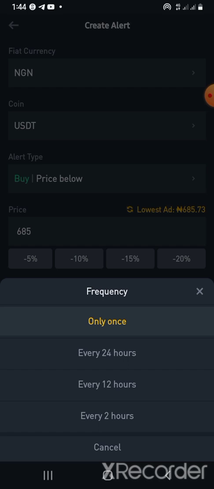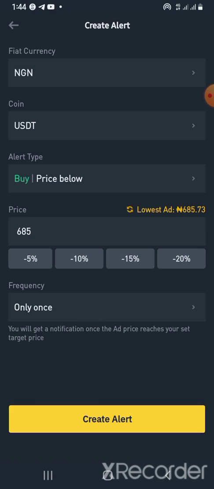If I click on this, maybe every 24 hours, maybe every 12 hours, maybe every 2 hours. I can set it within the time frame I need. So if I set it every 2 hours, it means that if the market drops to this particular price, every 2 hours I will be notified. Then I can go ahead, enter the market and buy my USDT at this particular rate. You see,